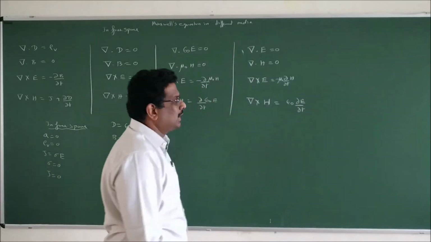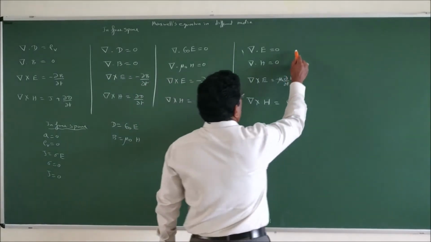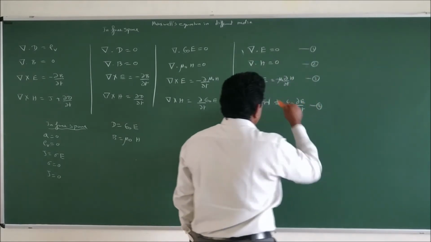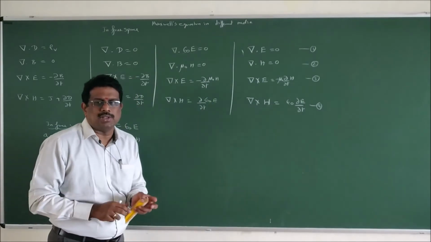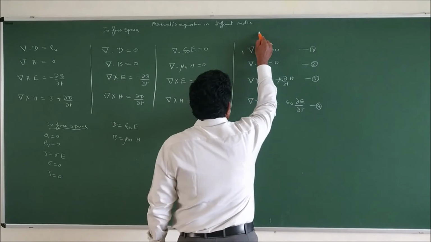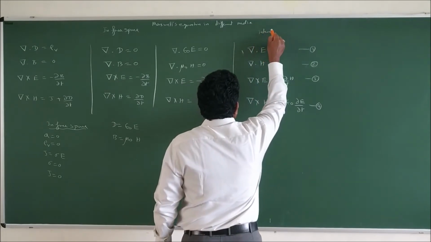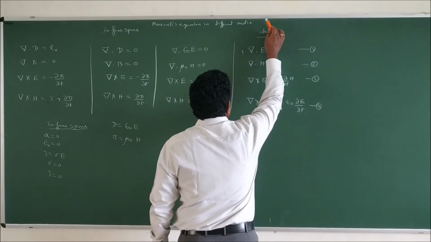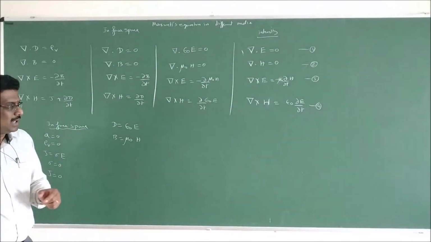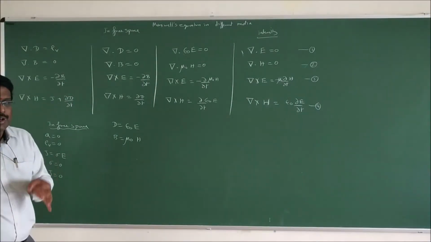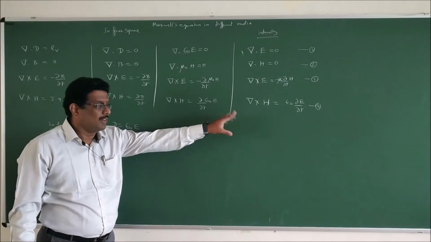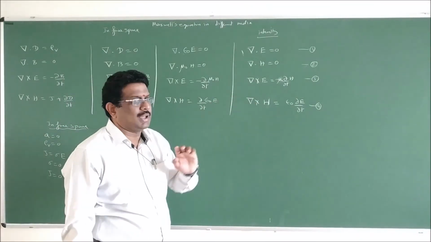Okay, we are ready with some equations. Let us say equation 1, 2, 3, 4. And what are these 4 equations? They are also Maxwell's equations in free space, only in terms of intensity. So I would like to define Maxwell's equations in free space defined only in terms of field intensities.